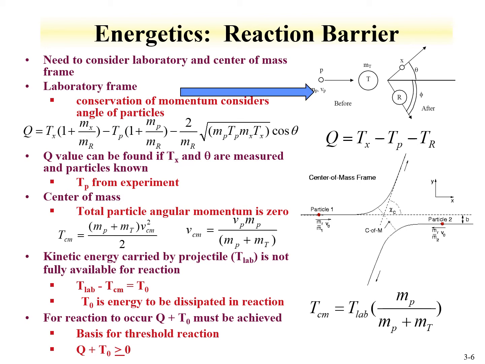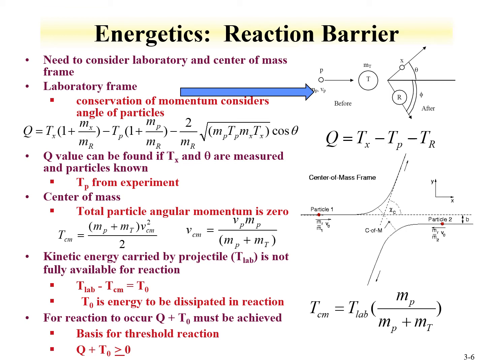So in a laboratory, here's an example of a target. A projectile hits the target. We get our product and the other product from the reaction. Both of the two products are moving. The particle that impinged upon the target, we can basically say stays stationary. The particle moves and we have two other bodies that are moving. So we need to consider the fact that the products are moving after the reaction. They're moving at a certain energy, a certain velocity, and at a certain angle from the initial trajectory of the